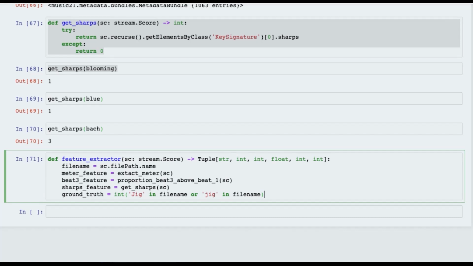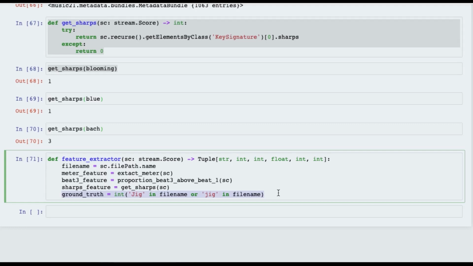In fact, in earlier versions of Python, true and false were just kind of aliases for 1 and 0. Thankfully, that's a little bit better. The other thing is, again, what we've learned about garbage in, garbage out. I don't actually know if every single thing in this collection that has the word jig in its title is a jig. And I definitely don't know that there's every piece in this collection that isn't a jig, or that is a jig, has jig in the title, or that there might be jigs that don't have jig in the